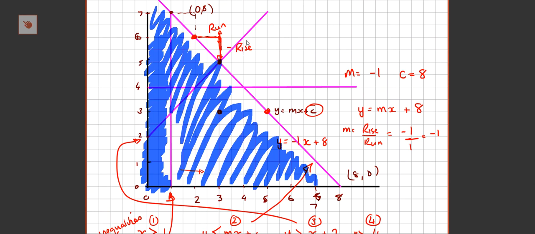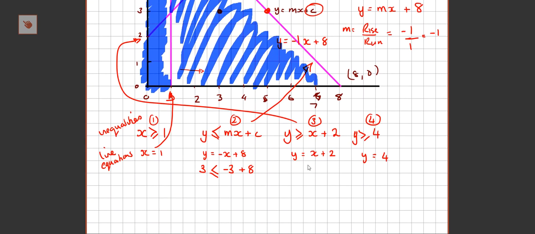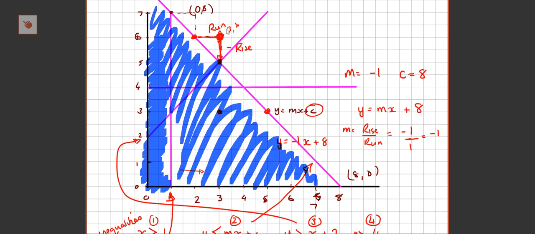But we could do a check again. Let's pick a coordinate, about 3, 6. So 3, 6 is above the line. If I check, 6 has to be greater than or equal to 3 plus 2. Yeah, that's fine. So I'm allowed to keep that point, and therefore any point above the line. So I'm going to shade